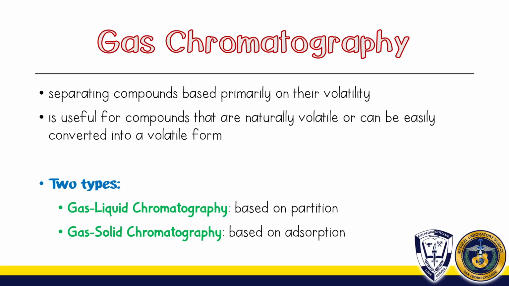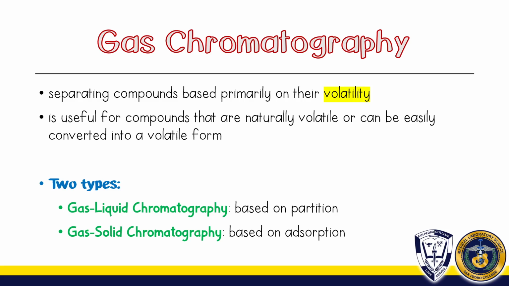is actually based on their volatility. So when we say a certain substance is volatile, meaning it is easily evaporated at normal temperatures. Now, gas chromatography is useful for compounds that are naturally volatile or can be easily converted into their volatile form. Thus, not all compounds can be used for gas chromatography. Again, we need to consider these two: that they are naturally volatile or that they can be easily converted into